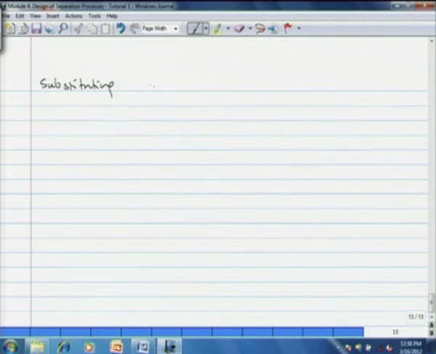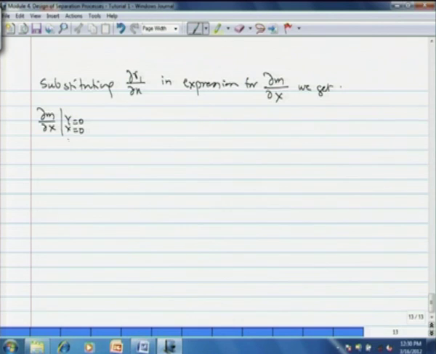we get ∂m/∂x at y = 0, x = 0, t = TL is equal to −m₀ − 2m₀ times (2A12 + A21). Okay. So that completes the second partial derivative. Now we have to evaluate the third partial derivative of m with respect to t. Okay. Now for evaluating that partial derivative,